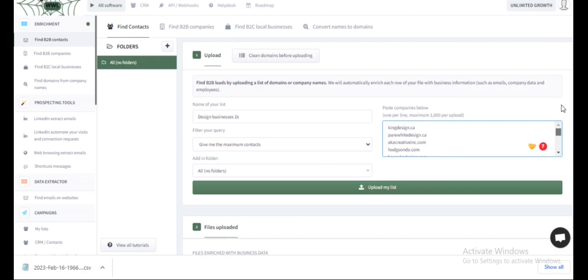And with all these businesses, you want to remove anything that doesn't have a domain. So I don't know if you noticed, but I selected a lot that have something like nan. So you want to just remove those, and this could be a little while. But if you were to leave those in, it's going to provide you with just nonsense. So you just want to get rid of that.